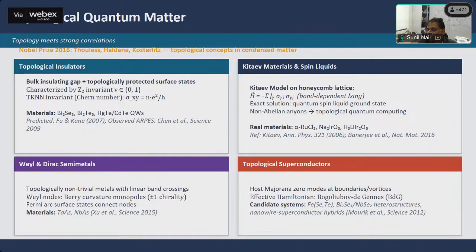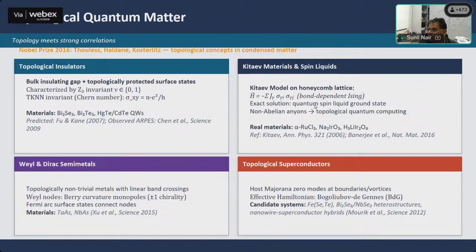There's only one real key takeaway message, and that is the bulk boundary correspondence. It is that in systems which are topological, you would have an electronic density of states on a surface state which would be very different than the electronic density of states in the bulk. And that is something which was predicted by Fu and Kane in 2007. It was observed first by Shen's group by using angle resolved photoemission spectroscopy in 2009. And so now, yeah, I had miscalculated. Now we are almost 20 years into the onset of the era of topological materials.